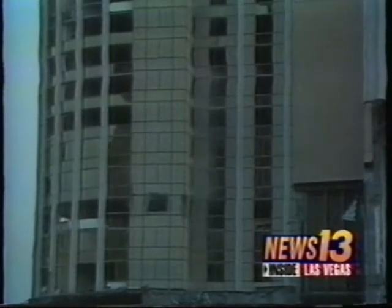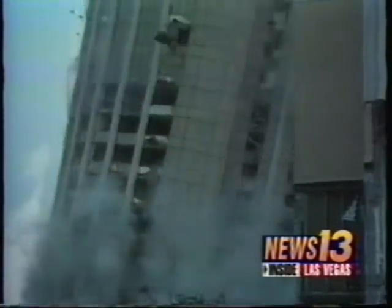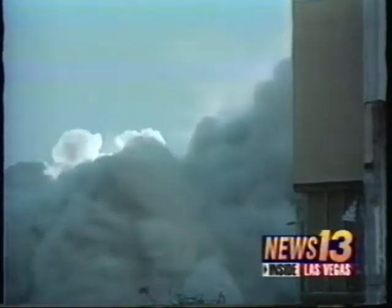That is the view from ground zero as the charges went off, and then down comes the Aladdin. Other than the cameras on the building, that view was just about as close as any camera was permitted to get. And this is the huge dust cloud which still exists. The fireworks were obscured to quite a degree, and I am standing still in part of this cloud back behind that little low-rise building you see on the right side of the...